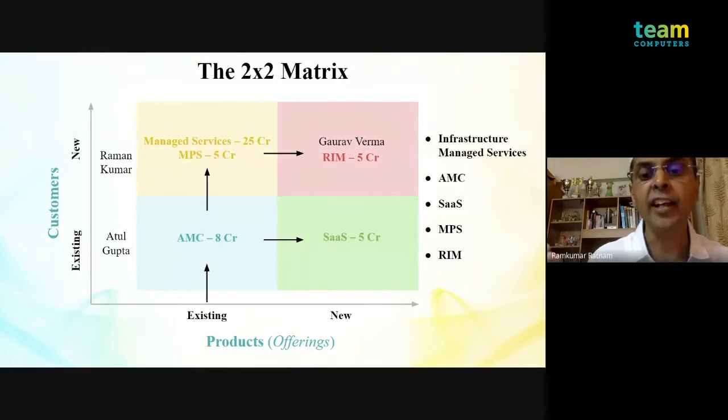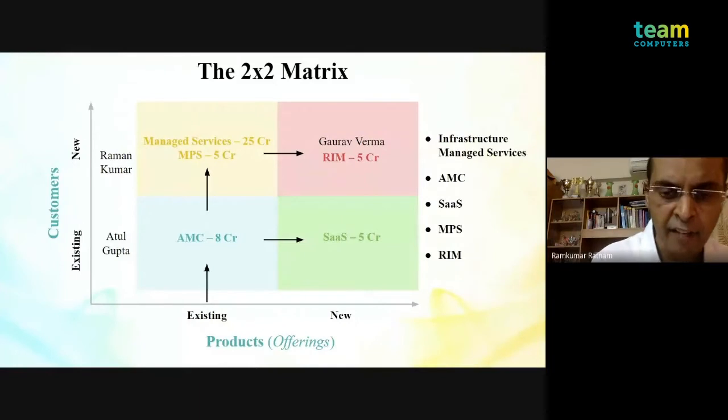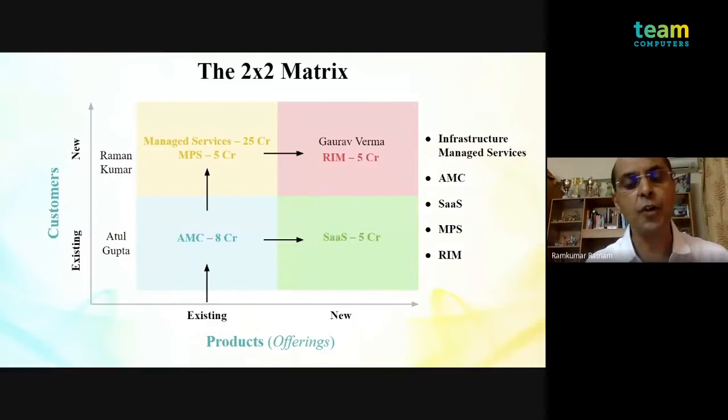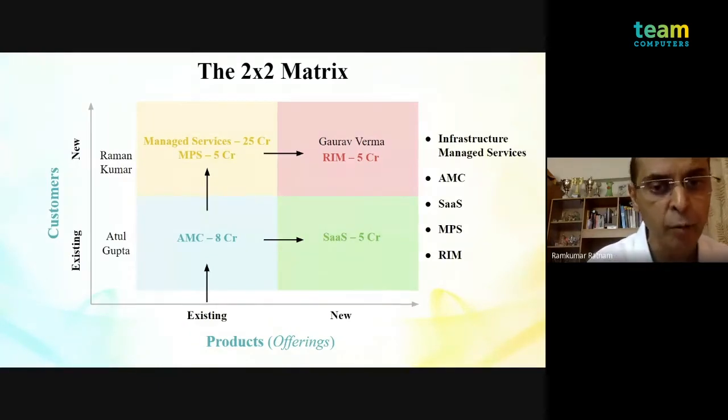So I end up selling RIM 5 crores. Now, if you see, what have I done? I have actually entered the organization through my existing base. I've sold a service which is extremely old, where I've deep proficiency in AMC. I've entered through a left quadrant of extreme bottom. Thereafter, I navigated horizontally to sell my proposition of SaaS. I further navigated horizontally to sell managed print services, MPS, identifying a new customer within the Maruti. And then I further navigated horizontally to identify a new buyer for RIM and enabling sale.